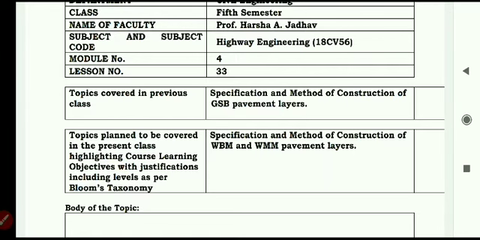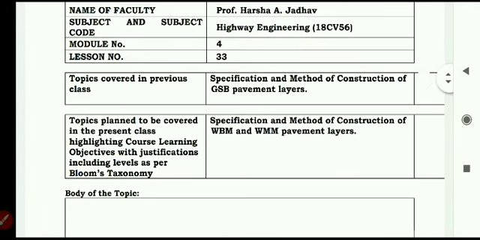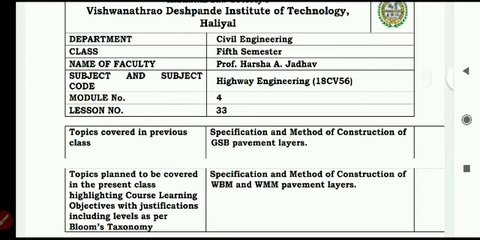But the property of the aggregate differs from region to region, place to place. So only in order to have uniformity in the construction, IRC recommends standard specifications and standard test values for all the aggregates and even for all the engineering materials that are specially used for construction of highways. So if we are using aggregates, then the aggregate should exhibit standard values under the toughness test, hardness test, shape test, water absorption test, and specific gravity test.